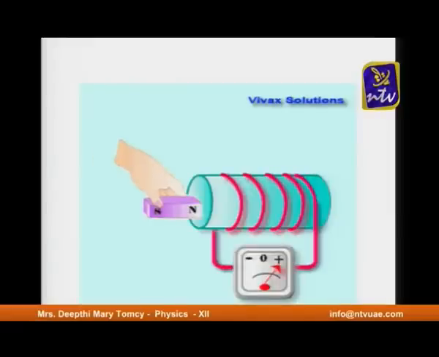Now, you have a visible demonstration of the galvanometer showing a deflection. When you move the north pole towards the solenoid, the galvanometer deflects towards the right side, and when you just keep it there without movement, it remains stationary showing a 0 deflection, and when you move it in the opposite direction, it gets deflected towards the left side. When the north pole is moved closer to the solenoid, the deflection is towards the right, and when the north pole is moved away from the solenoid, you can see the deflection towards the left.